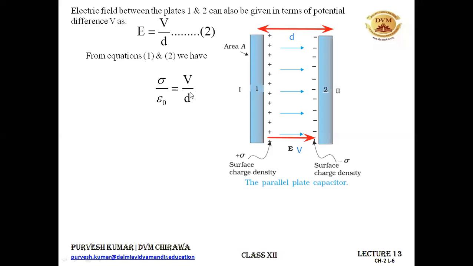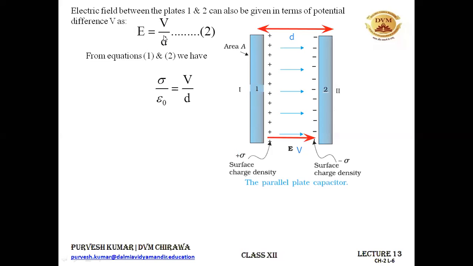Similarly, in this case, capital V is the potential difference between these two plates and it is acting over a distance d. So we can say that the electric field is the potential difference divided by the distance. One unit of electric field is volt per meter and it comes out from this formula. So if V is the potential difference over a distance of d, then E will become equal to V by d. All right. Now we have found two formulas for our electric field.